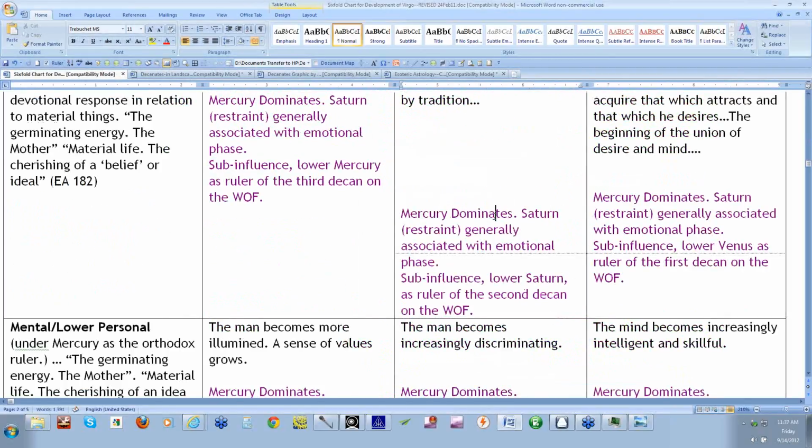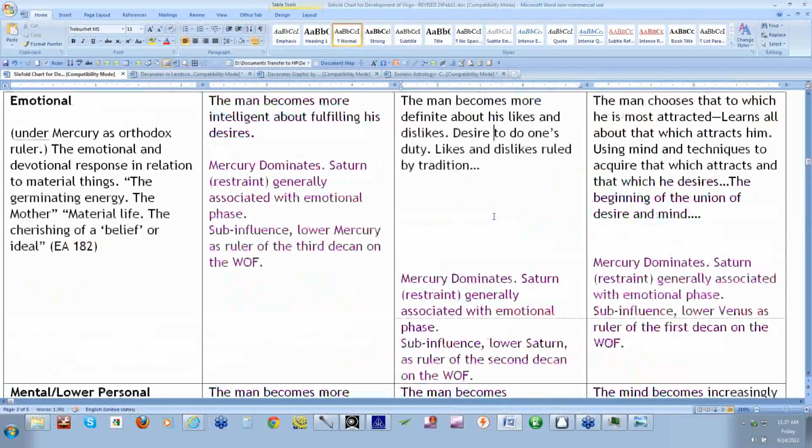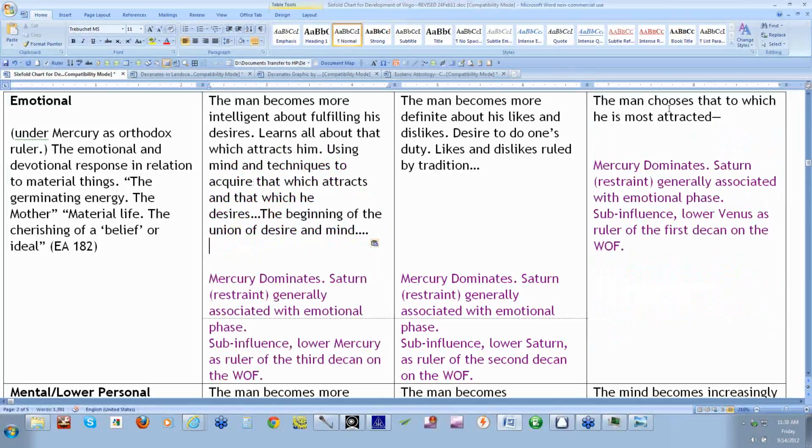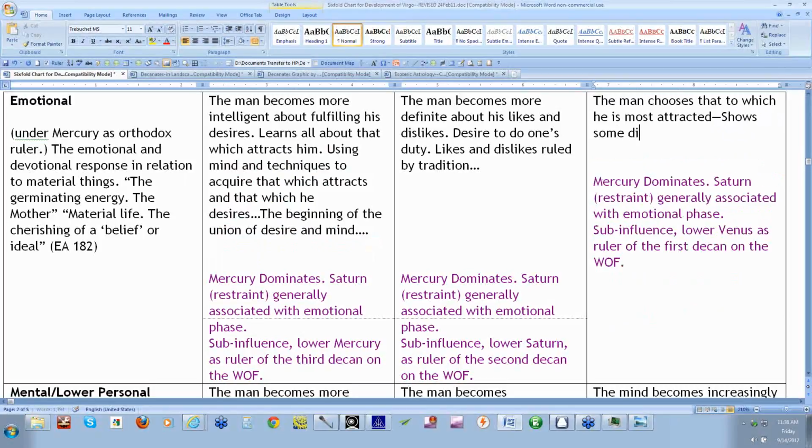Okay, now we're going to enter the strictly... the man becomes more intelligent in terms of fulfilling his desires. He learns all about, now this I should be putting over here, to acquire that which attracts and that which he desires. All of this really belongs in the Mercury decanate of the emotional stage. The man chooses that to which he is most attracted. He shows some discrimination